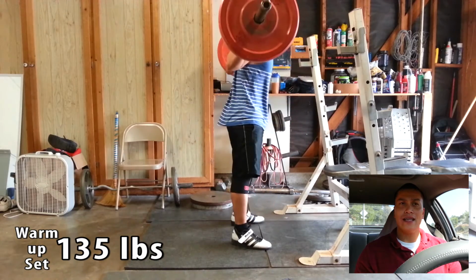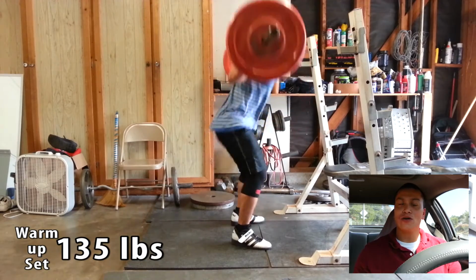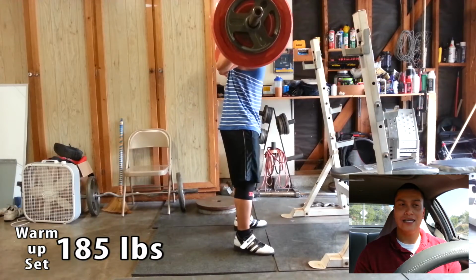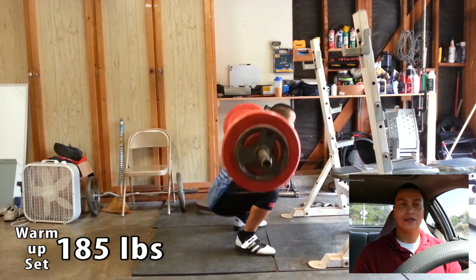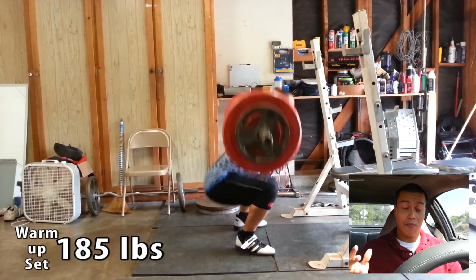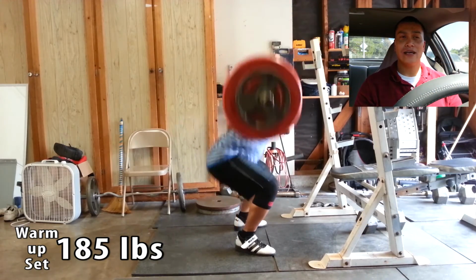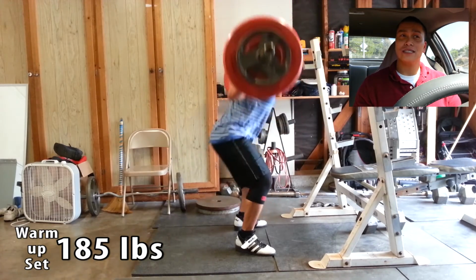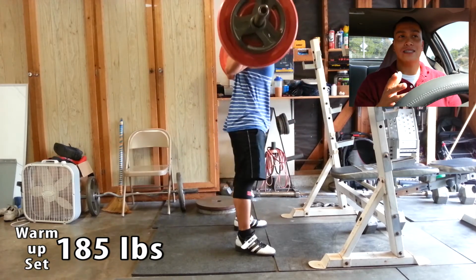Let me go ahead and also show you a quick way to test what's going on with your knee, because for me, I feel like it's inflammation. It's got to be some kind of tendonitis of that little patella tendon there, because I feel like it does a whole lot better when I ice it, when I do a little ice massage. But a quick way to see if it's something else, because I've had a lot of physical therapists tell me to test it this way,